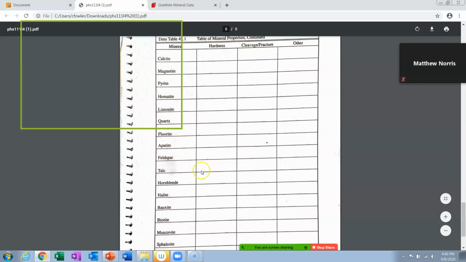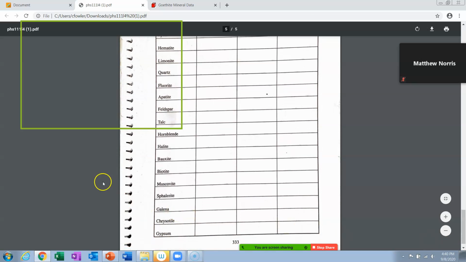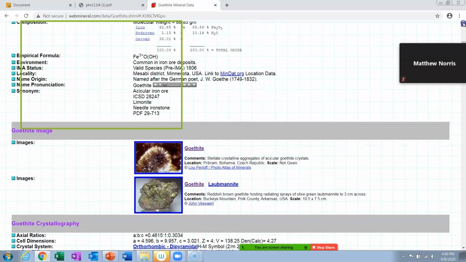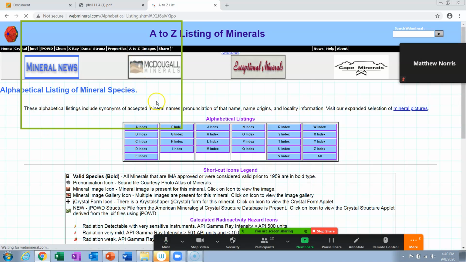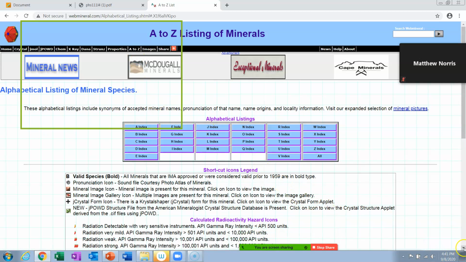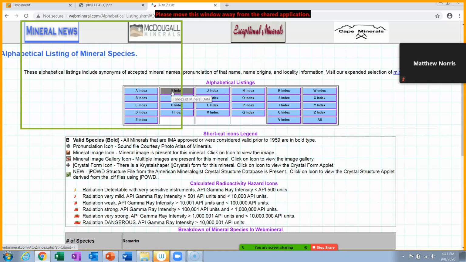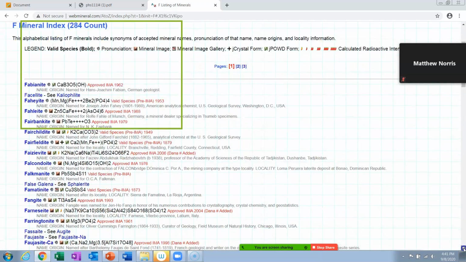Fluorite, I think you can. Feldspar, I think, is one that you might have difficulty with. Let's see what happens if we go to feldspar. There's a spelling of F-E-L-D-S-P-A-R. So let's go back up here to our A to Z listing. Okay, and we're looking for feldspar, and scroll down a little bit till you get to feld. Okay, there you can see it on this one, the F index right there. Click on that, and let's see what happens if you go to feldspar.